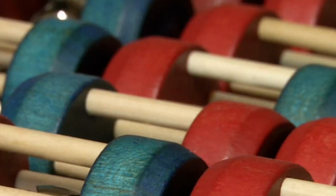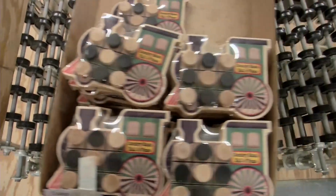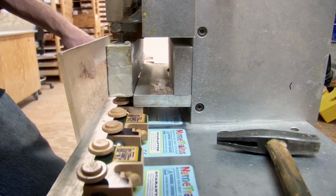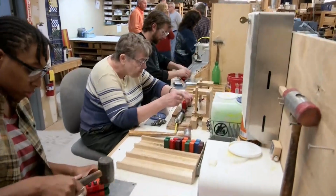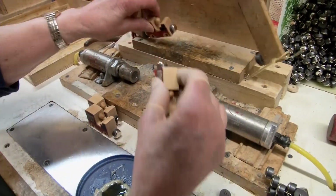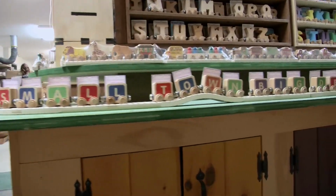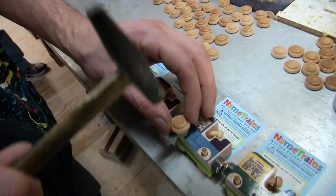There you go. Welcome to Maple Landmark Woodcraft, where they make wooden toys, games, and gifts. Somewhere along the line, you've probably seen their most popular item, the name train. Oh, Jan, I really like this one. Me too, Rodney. But the toy trains made here are only the tip of the iceberg, says Maple Landmark's owner,